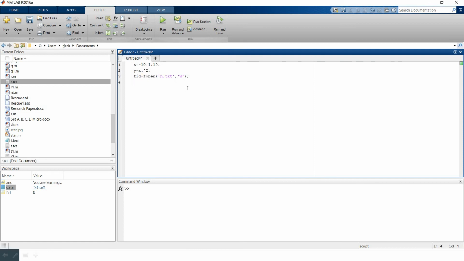Now for making the length equal, we'll use a for loop, for c = 1 to length of x, which will make the array equal.